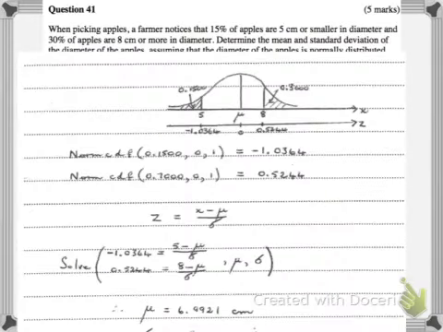Okay, when picking apples, a farmer noticed that 15% of apples are 5 centimetres or smaller in diameter, and 30% of apples are 8 centimetres or more in diameter. Determine the mean and standard deviation of the diameter of the apples, assuming that the diameter of the apples is normally distributed. Okay, so here it's one of those simultaneous equation situations,